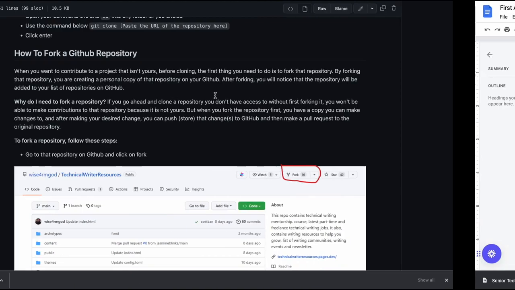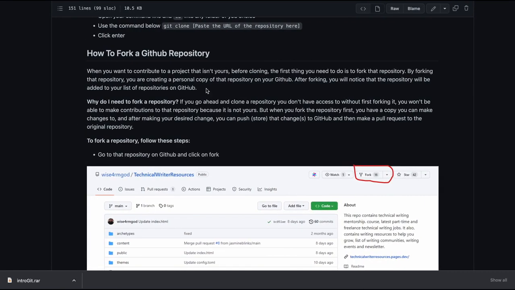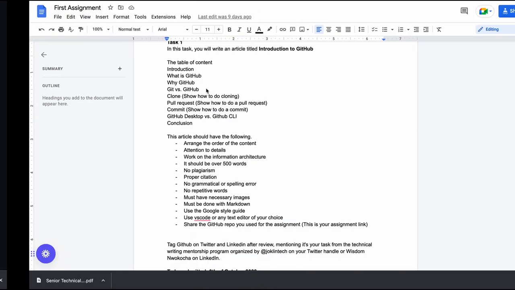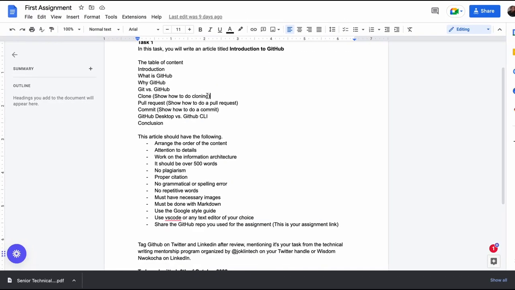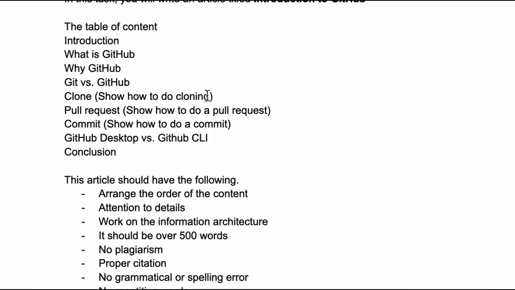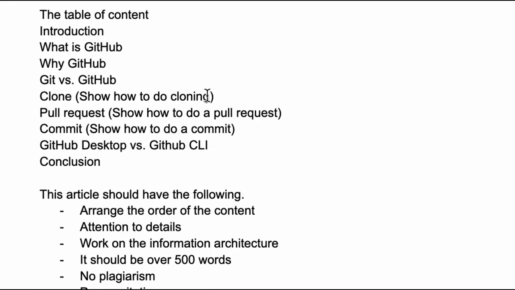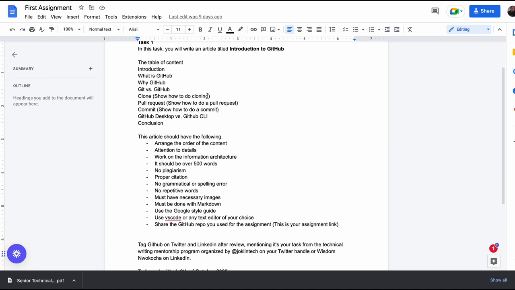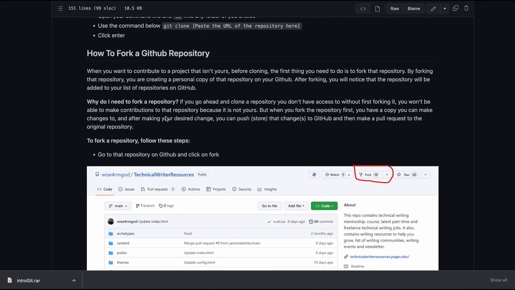But me, I wrote about it as well. That's why you're lamenting. You didn't add it, sir. I didn't add it now. I'm looking at this clearly here. I didn't add it. But it's necessary. Even if you added it, it's fine. It's not a problem. I will pardon you guys for that. All right. You can push. Okay, but when you fork the repository first, you have a copy.